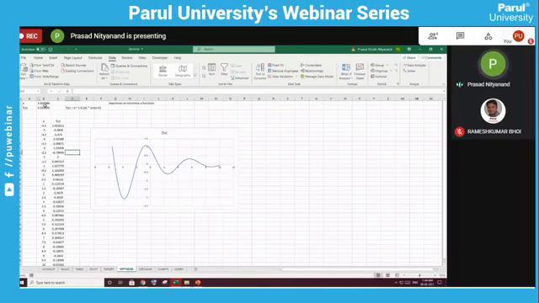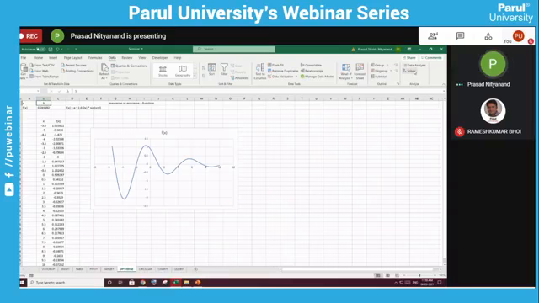So we will try to find the minimum and maximum of the function, and this can be done with the help of the Solver tool. I will put some initial guess, which is phi. Phi is somewhere over here, and it is getting the maximum near that location. This is the initial guess, and it will always show the maximum or minimum near the location of this phi. So it is always necessary to plot a graph first.